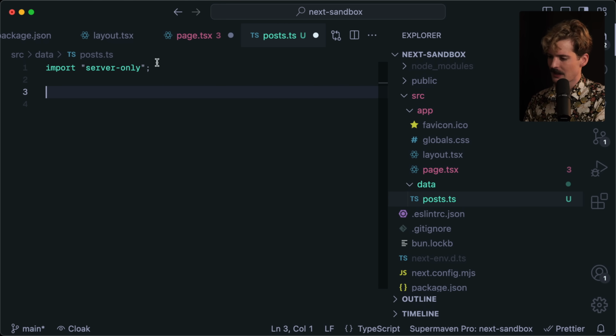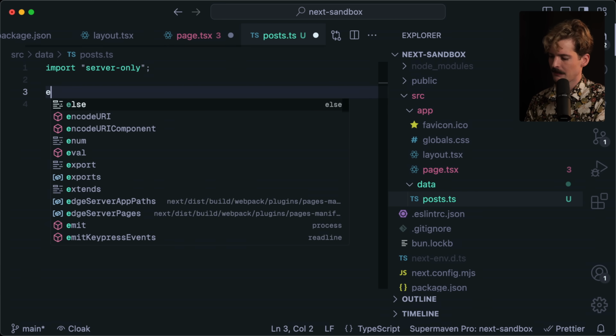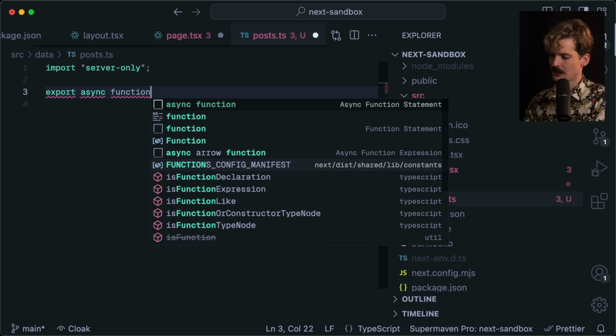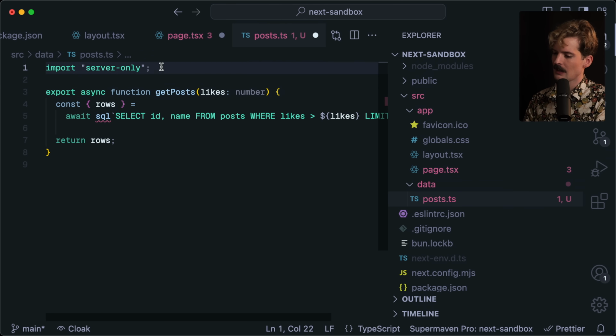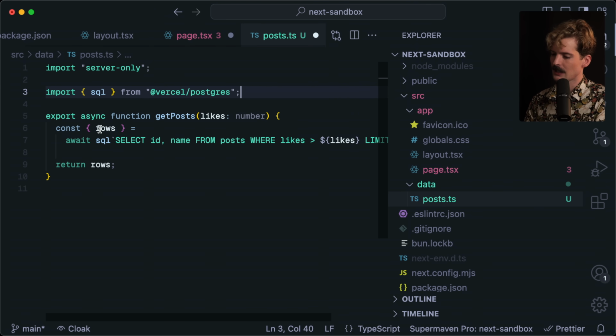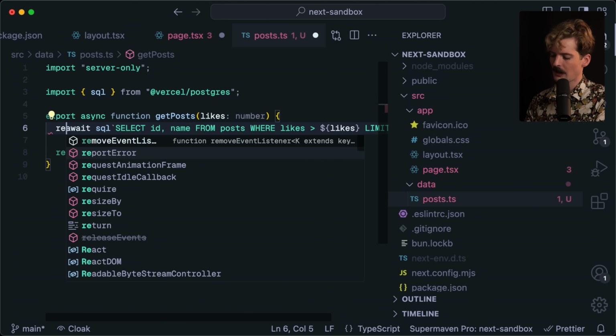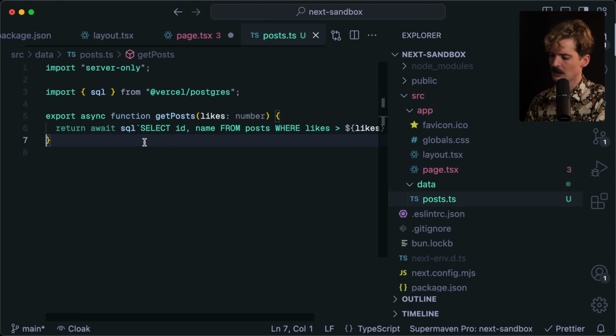So now I'm going to take that function that I had before, well, this call that was there, export async function. Oh, look at that. SuperMaven's so smart. Ta-da. So we still need likes. So let's get those. Likes number. And we need SQL. So now we have that. Don't even really need to do the const rows check, but if you want to do any filtering or error cases, that's a good place to do it. Instead, we'll just immediately return that.